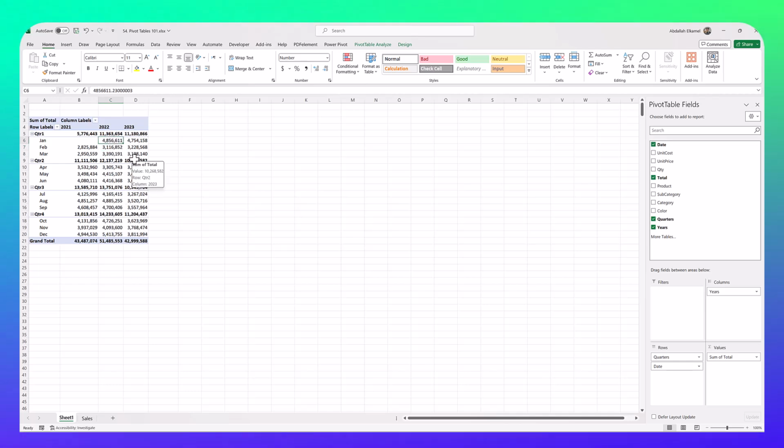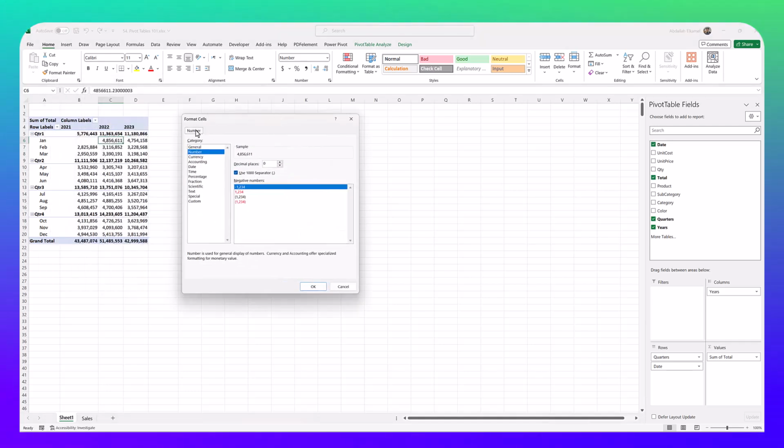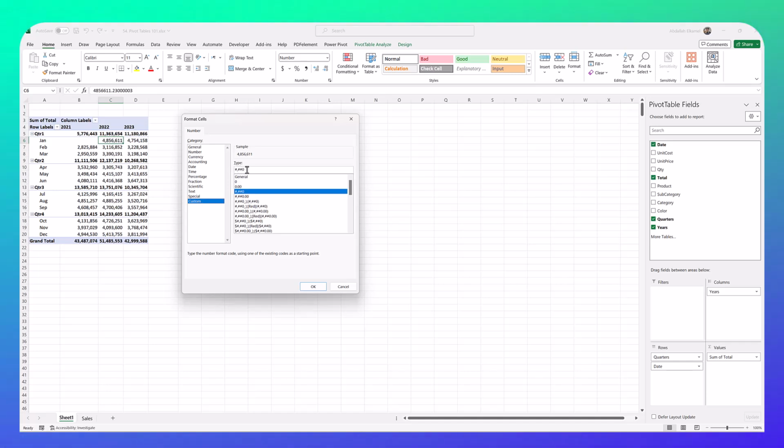Now the other thing that we can do is, since all the values here are in millions, we can apply some custom formats to make the numbers look much easier. So let's do that right now. I was thinking of doing it at the end of the video, but it makes sense to do it now. So we right click again and we go to number format, and we can make these appear in millions if we go to custom here, and instead of having this code just like this, and look at the sample here,